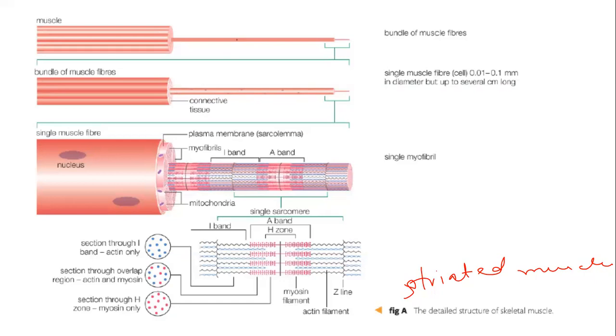So the structure is like this. The muscle fibers are made up of myofibrils lying parallel to each other. So we have this myofibril. Okay, myofibrils are all going to be,